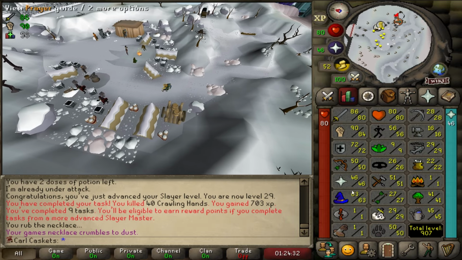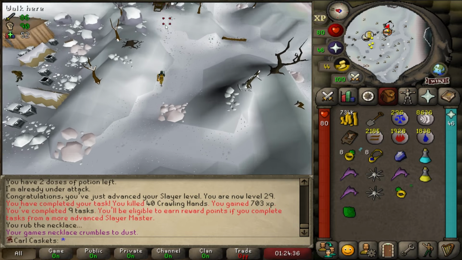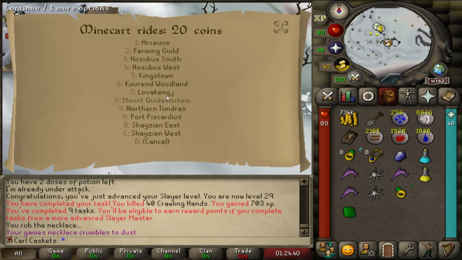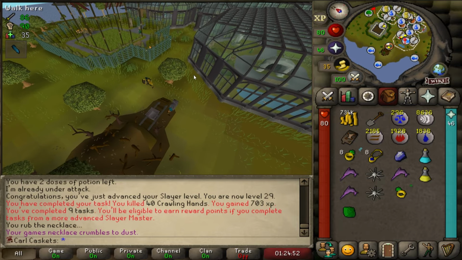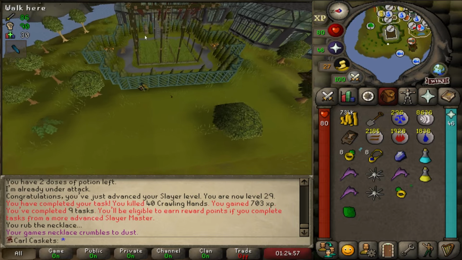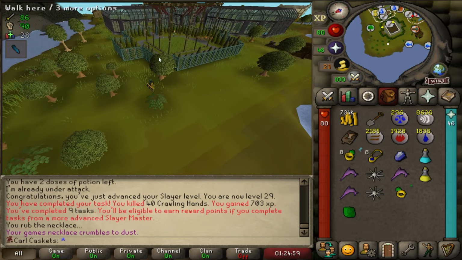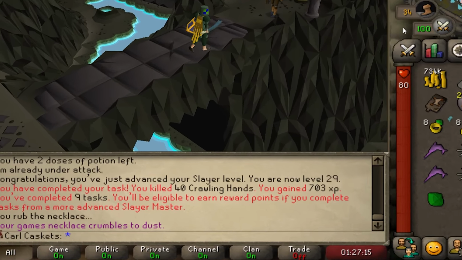Off those first 9 tasks, we got all the way up to 29 Slayer. I'm expecting this Konar task, since it's a real Slayer task, to really boost my Slayer level up quite a bit. And I'm just gonna pray that Konar is nice and humble and actually gives me a task that is pretty reasonable for me to complete right now. And the first Konar Slayer task is